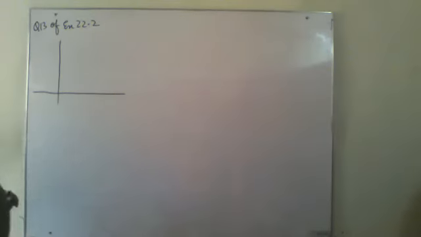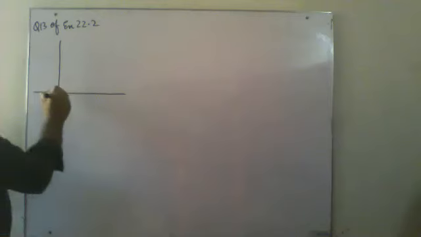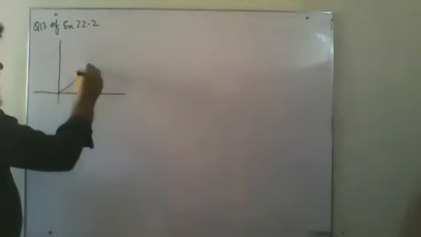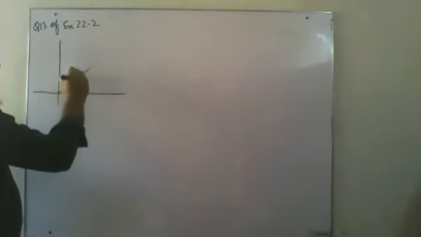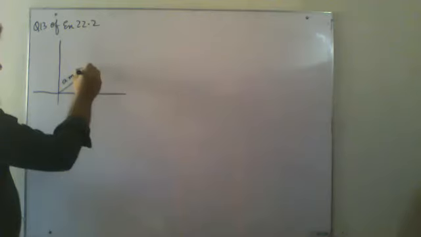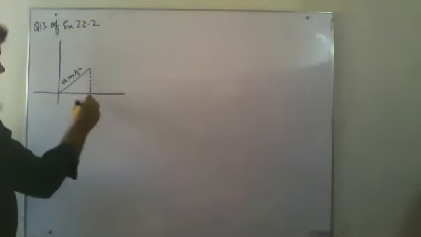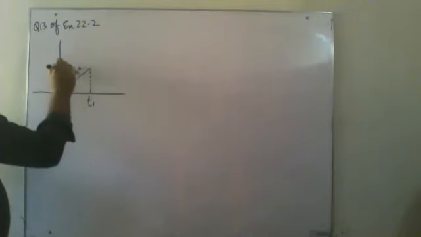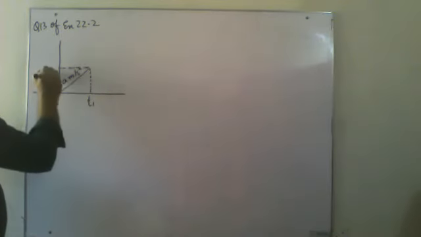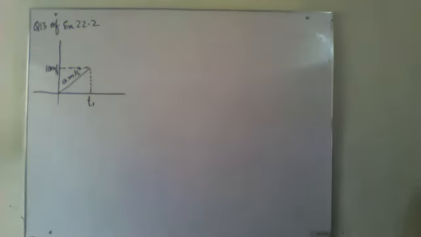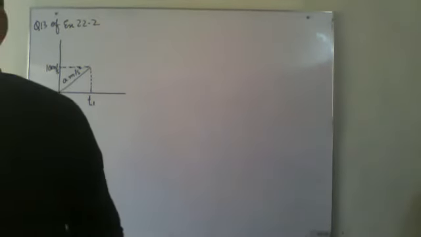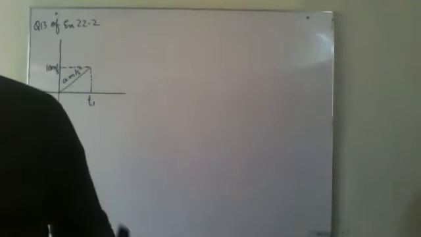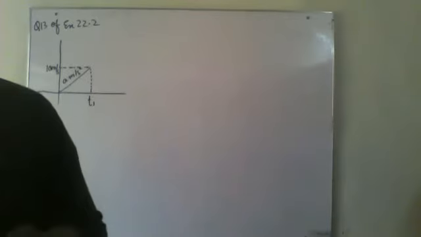So I'm drawing a velocity time graph over here. Okay, so first of all, acceleration a meter per second square, time is t1, and it has reached a speed of 10 meter per second. Okay, after that they are saying that it then accelerates at 2 meter per second square